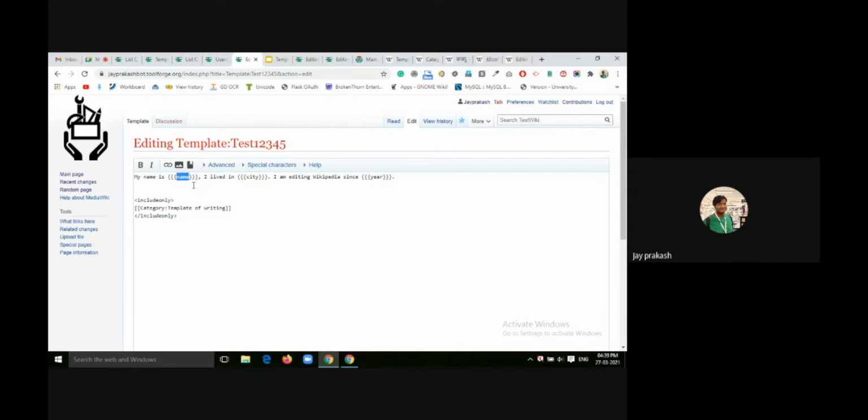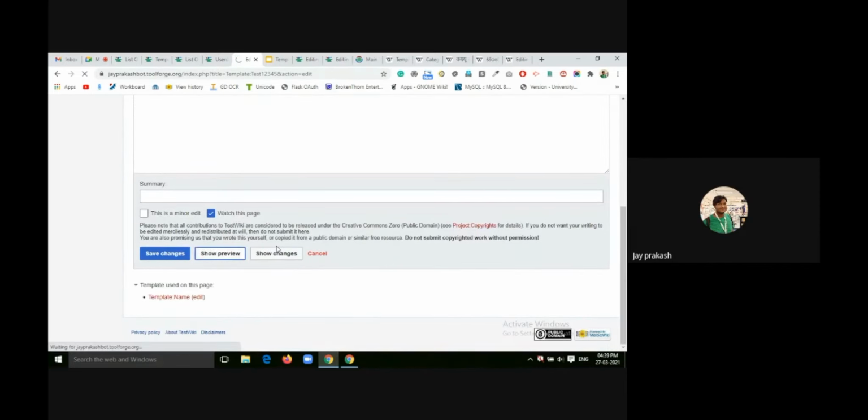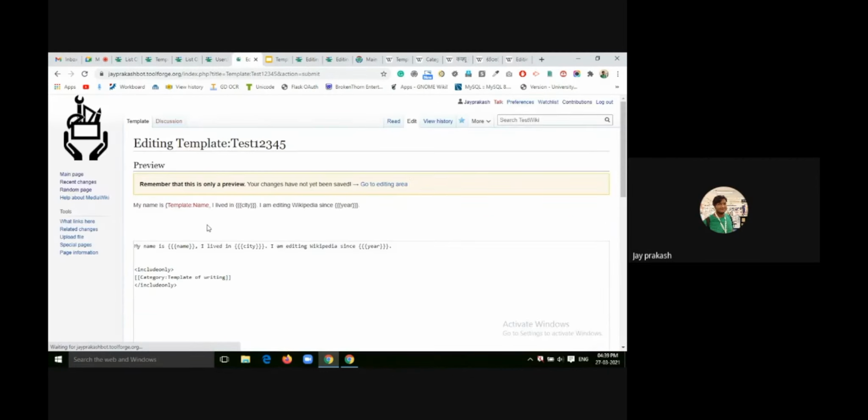So if you are getting an error where the template is showing, but you are sure this was a parameter, like here, if I remove one curly bracket and show preview, you can see it is showing as a template. But you are sure that name is not a template, it is a parameter. So go to the template where it's being called and check clearly how many curly brackets you are using.